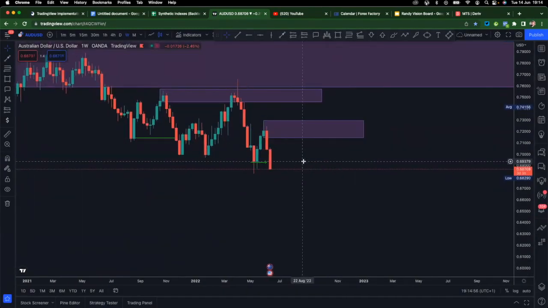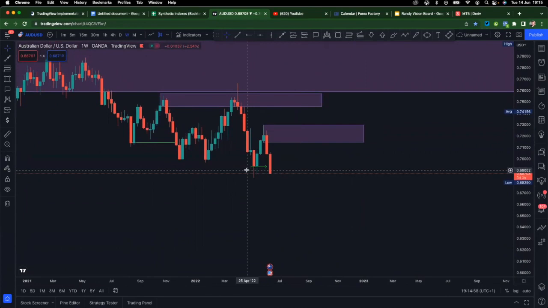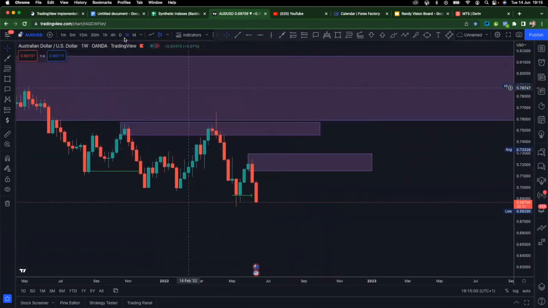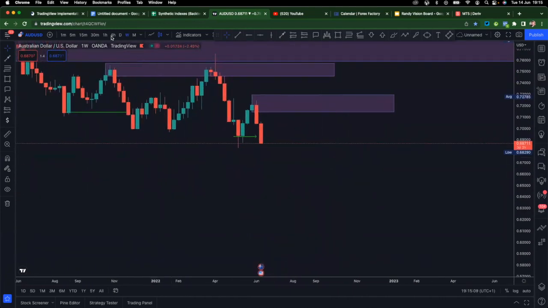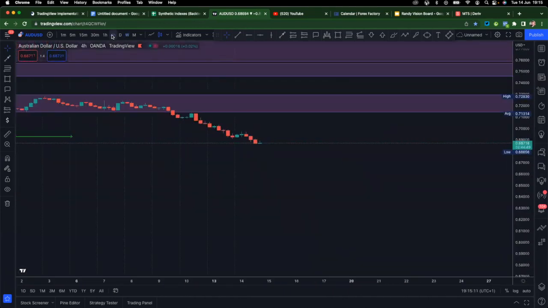Okay, so you see, now this is a new setup. This is actually a free setup for you guys. This is a weekly time frame. We just got a break of structure. Possibly they will mitigate back to this area, and then that's when you can start looking for your sales. And also, in the lower time frame,